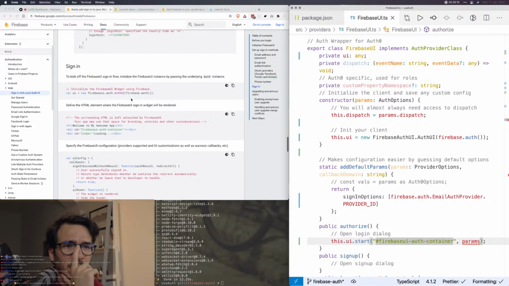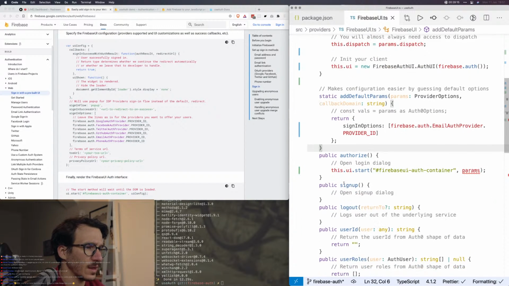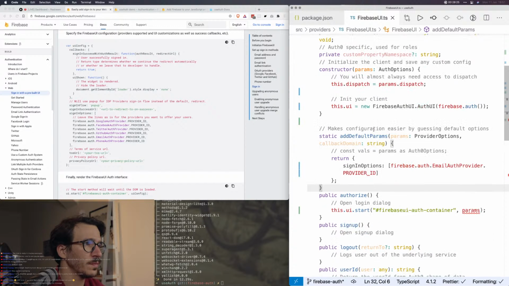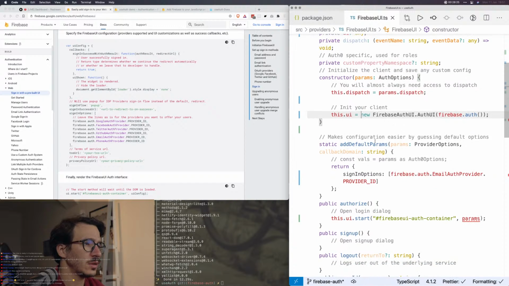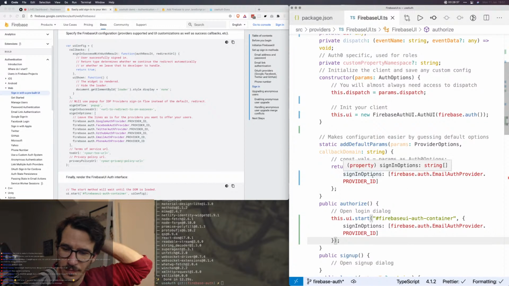Google sign in, email link authentication. Aha. I think I know what I need to do. So I'm going to, here, let's copy this for now. So we're gonna copy this thing for now, put it here, and then,